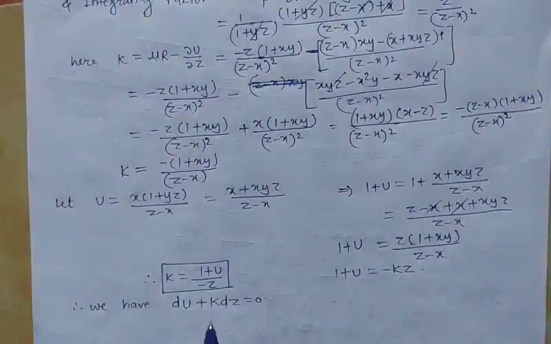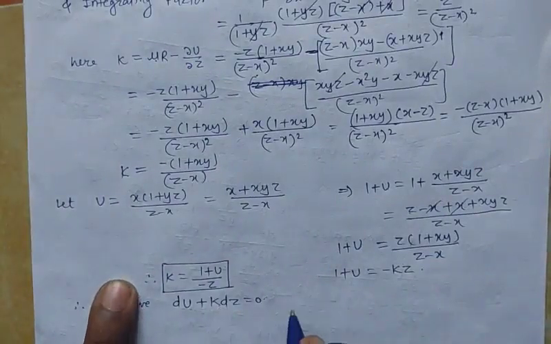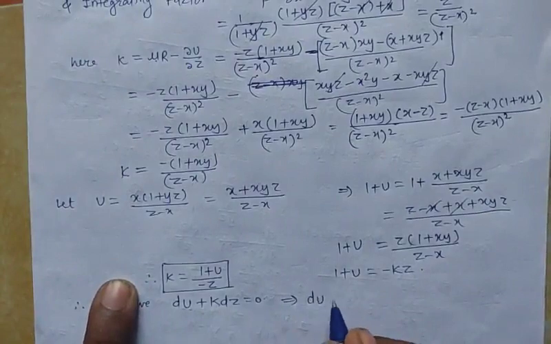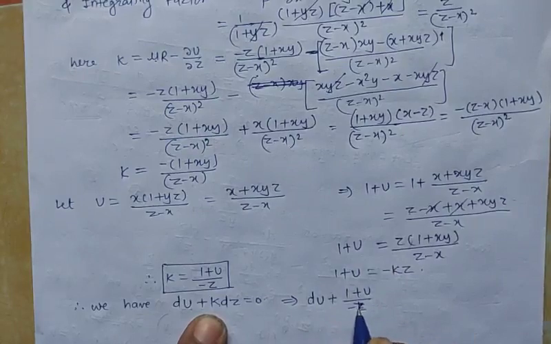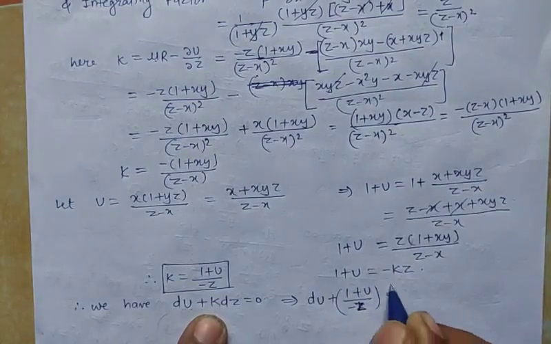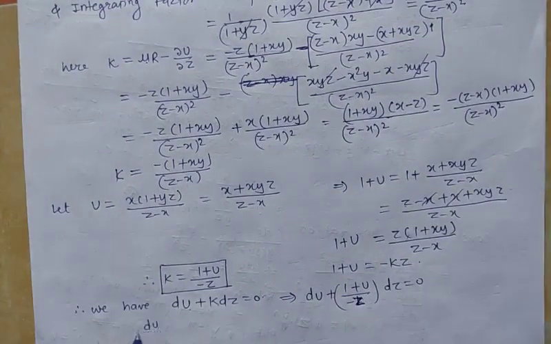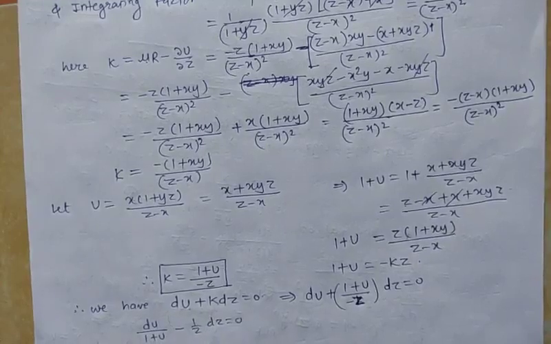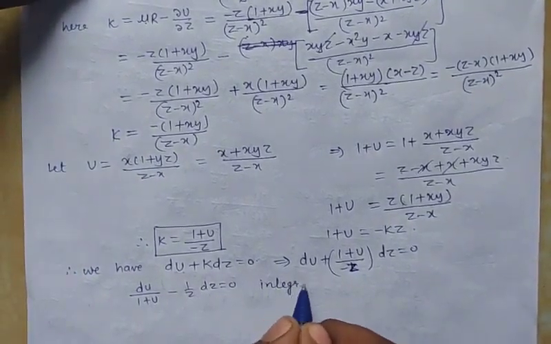So using the value of k here, what will we get? du plus (1 plus u) upon minus z into dz is equal to 0. So dividing, we get du upon (1 plus u) minus 1 upon z dz is equal to 0. So integrating it, we'll get